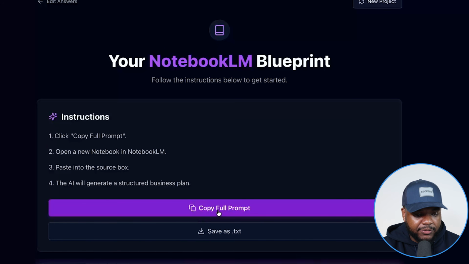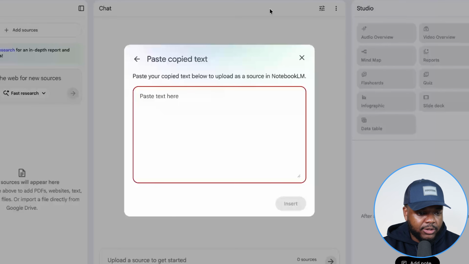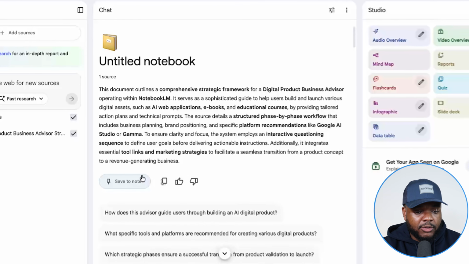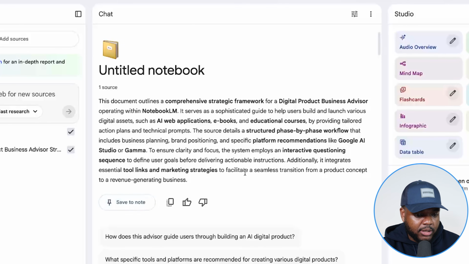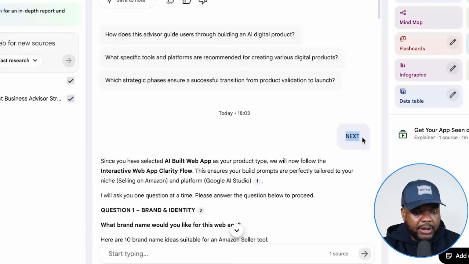So it's now come back with the detailed prompt that I'm going to be able to copy just like this. Then go back over to NotebookLM, paste everything in there just like that, and then click on insert. And I actually did this a few minutes ago, and I just want to show you what it's going to come back with. So you need to type in the word next for it to come back with a sequence